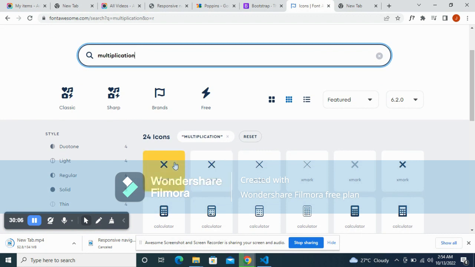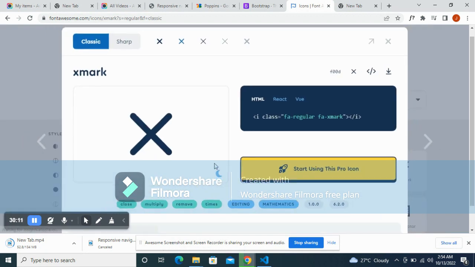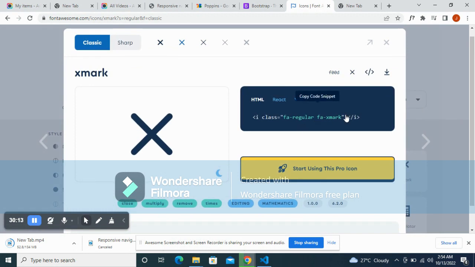That is the X mark. So make use of any of these. Let's go with this one. So when we go with this one, instead of copying the icon itself, we won't copy the icon. We go for the Unicode digit. We copy the Unicode. I'll click on it now, copy,